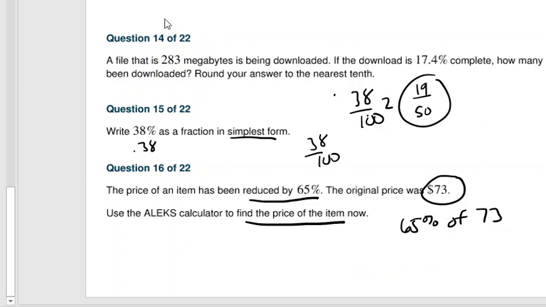So 0.65 times 73 is $47.45. That's how much we are going to reduce the original price by. So now we take the $73 and we subtract the $47.45 and we get